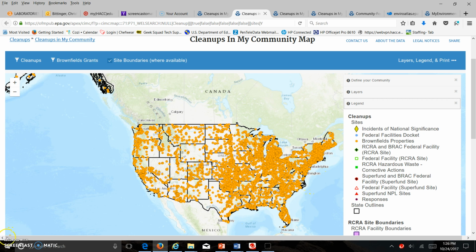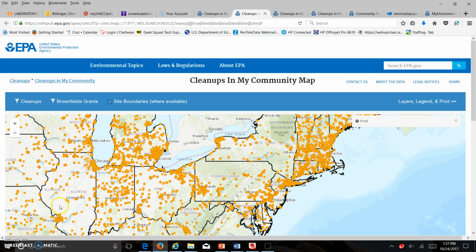Now I'm going to zoom into Pennsylvania. This is a zoomed in version to show the state of Pennsylvania and surrounding states in regards to the location and distribution of brownfield sites that have been cleaned up. Notice that there's a higher density of brownfield sites that have been cleaned up in New Jersey, as well as in many of these New England states and around the Great Lakes regions as compared to here in Pennsylvania. Although we do have a cluster of brownfields that have been cleaned up and turned into economically viable properties around